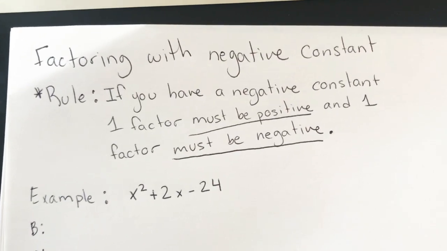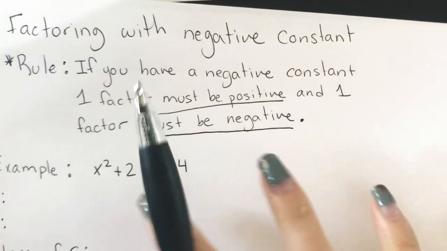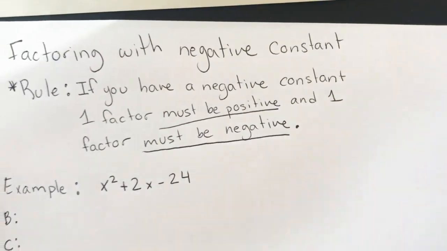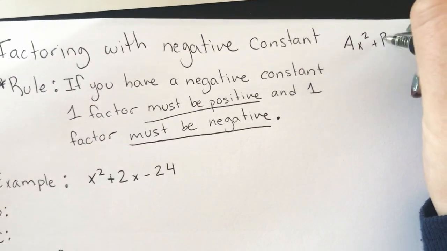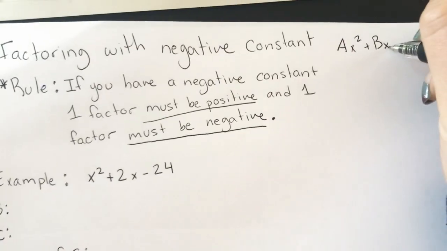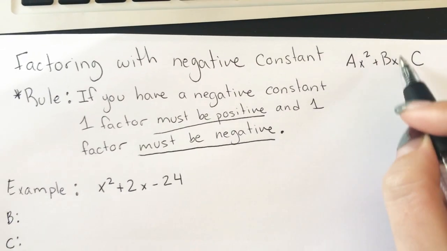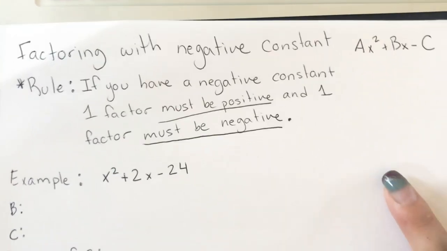So today's video, we're continuing to practice factoring, but today we're specifically looking at factoring with a negative constant. That would mean that in the form of our standard form, ax squared plus bx, our constant is going to be negative, so minus c. This may or may not result in our b term being negative, but we're specifically looking at factoring with a